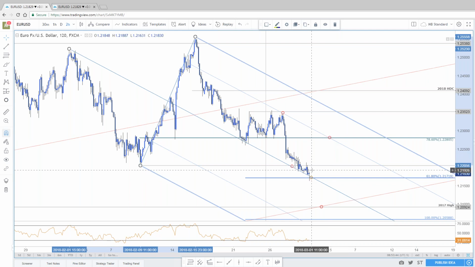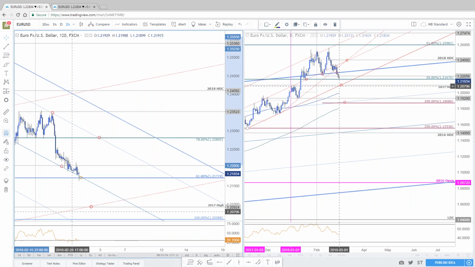If US trade materializes and this thing just sinks, if the dollar index still wants to push higher, the 2017 high at 2092, that's the level we've been looking at on the daily chart. That's going to be the big Bahama mama. A little bit more of a reaction there.